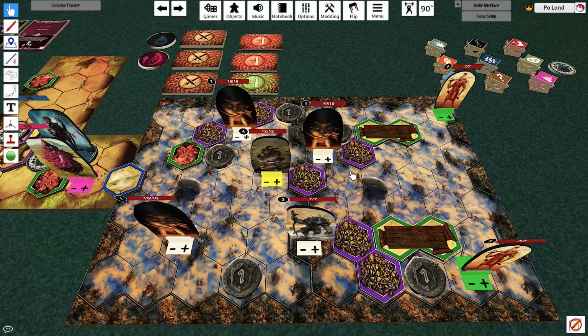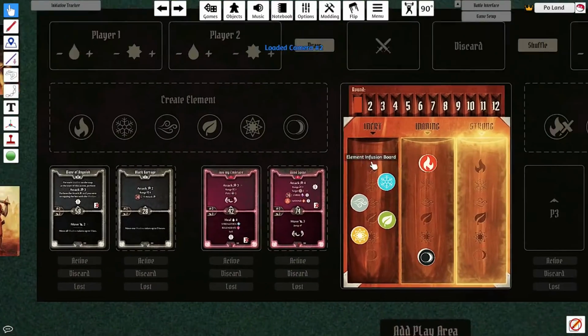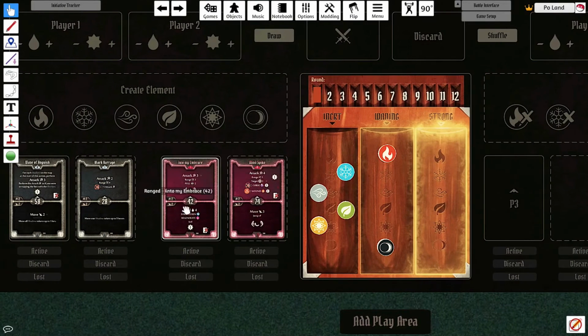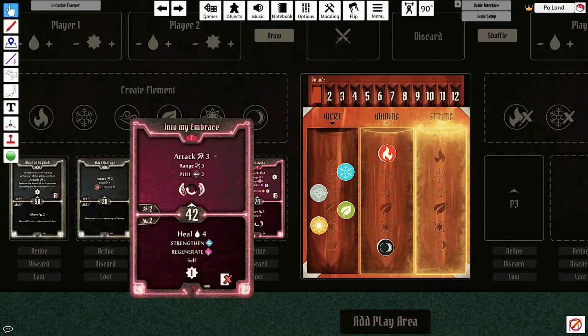Okay, we'll pick up from where we left off. Let's just do a quick recap of the board state. Fire and Darkness had been generated last round. Darkness by Deathwarden and Deathwalker, and Fire by the Geminate. We are making the Geminate move first at initiative 42, and we are going to use a base 2 movement